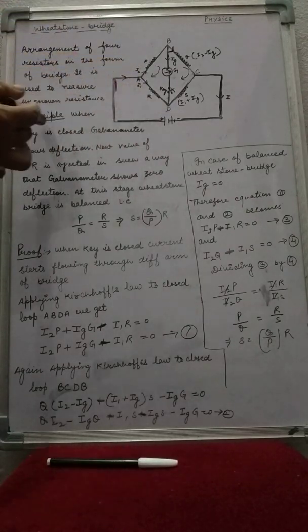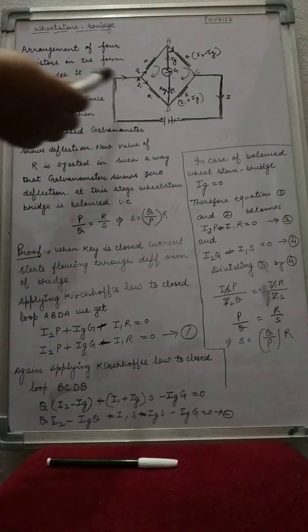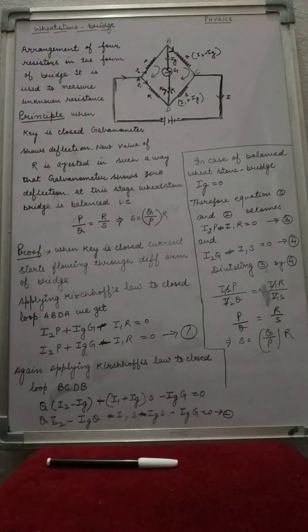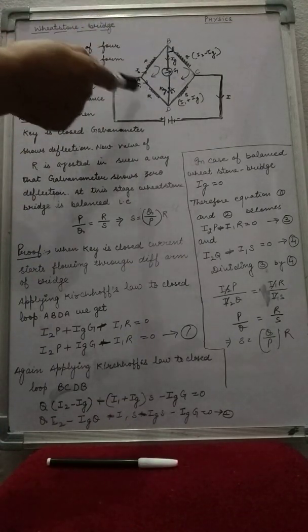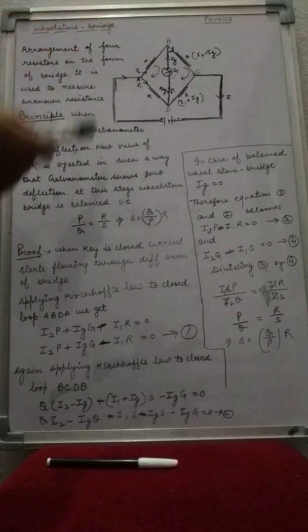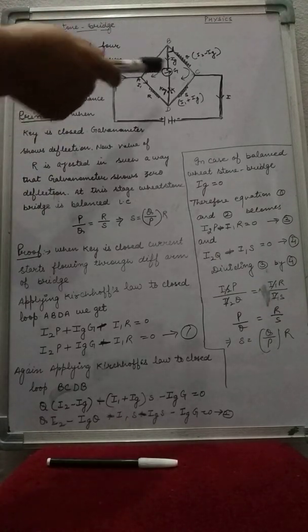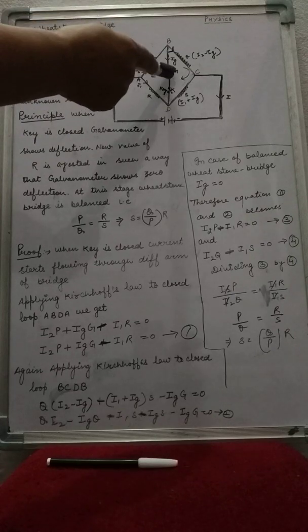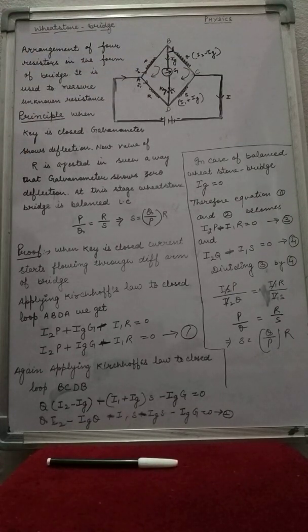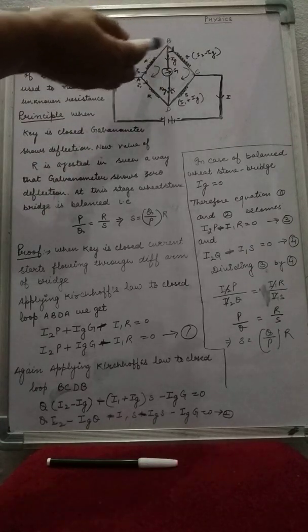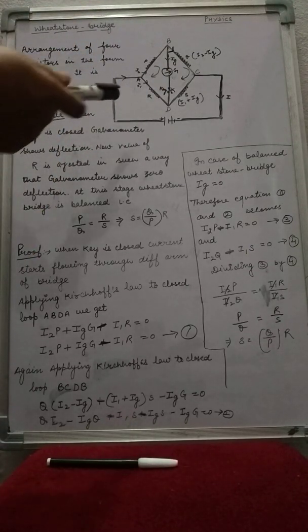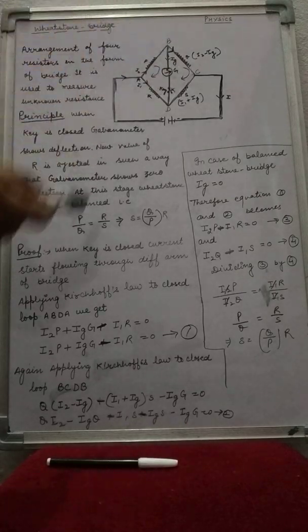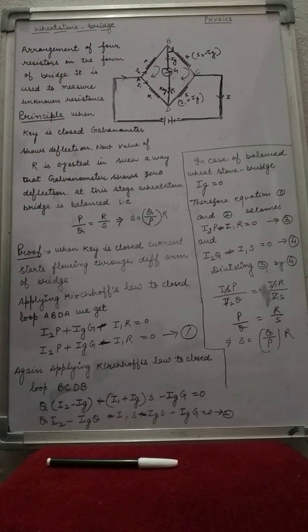First of all, what is its principle? When the key is closed, that is when the switch is on, the current will flow through the four arms of this Wheatstone bridge. The galvanometer placed here will give a deflection, that is, it detects the current flowing through this circuit. So what is our first step? What do we have to adjust from here?